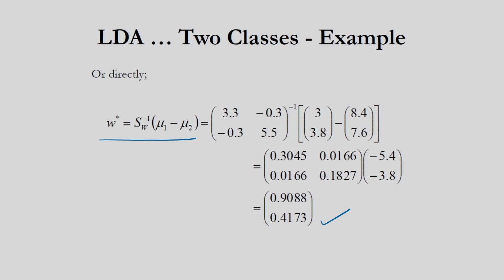This LDA you can apply for C number of classes. In the book you can get this information on how to apply the LDA for C number of classes, but in my discussion I only considered 2 classes. So how to apply the LDA for 2 classes? For this you have to determine SW and SB. One is the within class scatter matrix, another one is the between class scatter matrix.